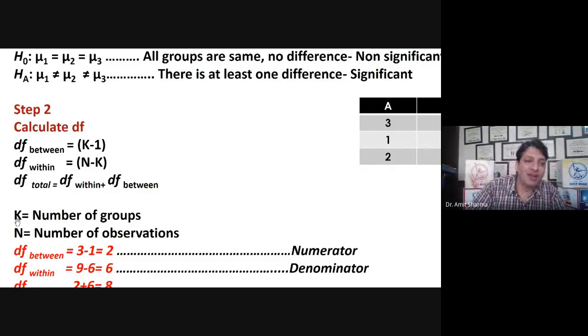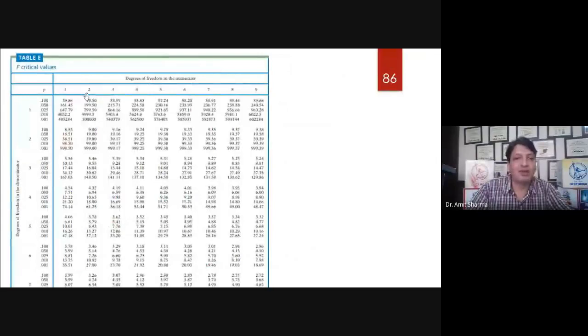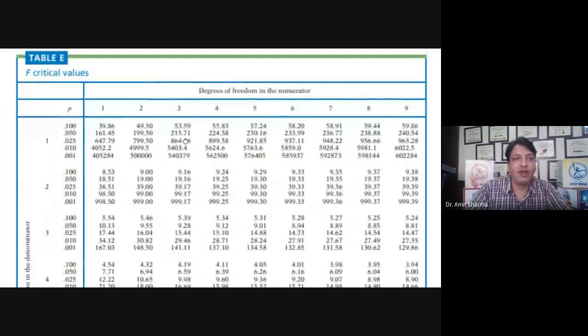So after calculating the degree of freedom, we'll come to the next step, but I'll just show you the table where we are going to use this degree of freedom in the form of numerator and denominator. You can see this is the table of ANOVA. We call it the F critical value table.